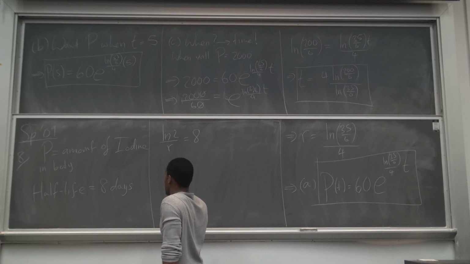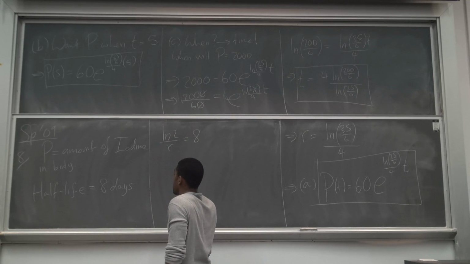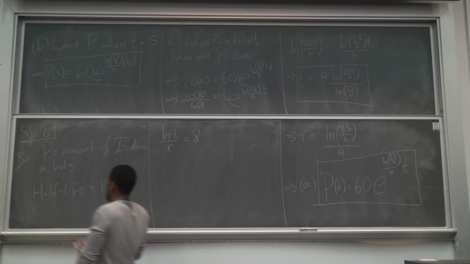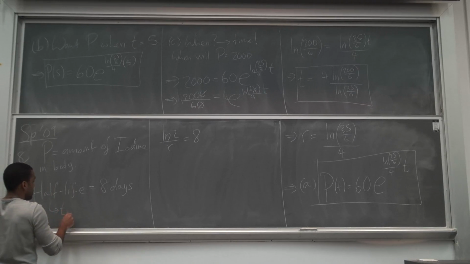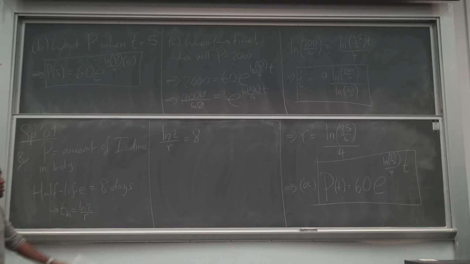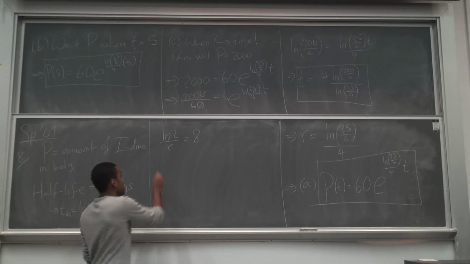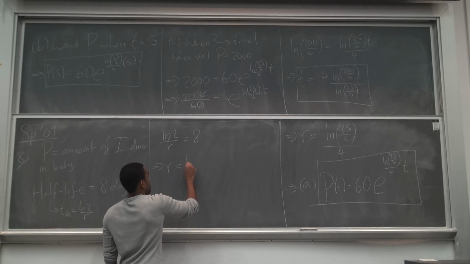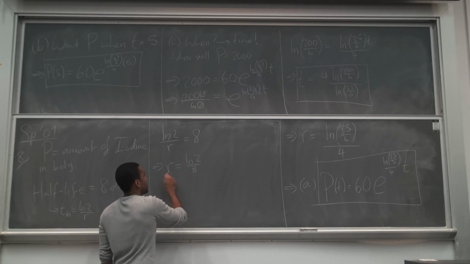Now how does that help me? Because isn't that T? This is the half-life, which as the formula is ln2 over r. So now I can find r. R is one of the things I will need. From this I can tell you that r is going to be ln2 over 8. So I found my r value,